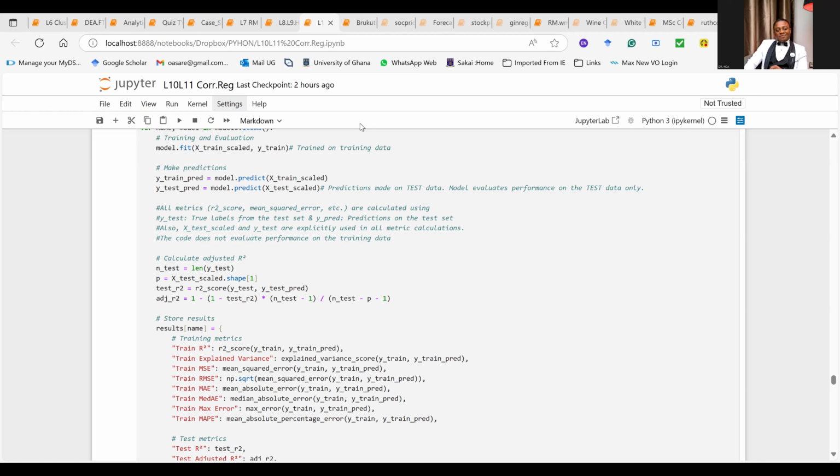You just run all of them at a go. And then you select the best, maybe the 2 best or the 3 best, depending on how you want to go around it. And then you work with those best that you selected. That's it. You don't need to say, let me add the lasso to it and see, let me add this one to it and see. You'll be tired. Don't do it. Just run it all at a go and do it the way we've done it.